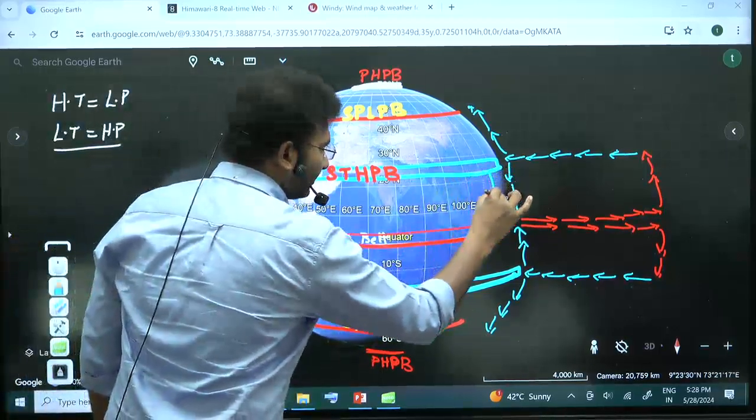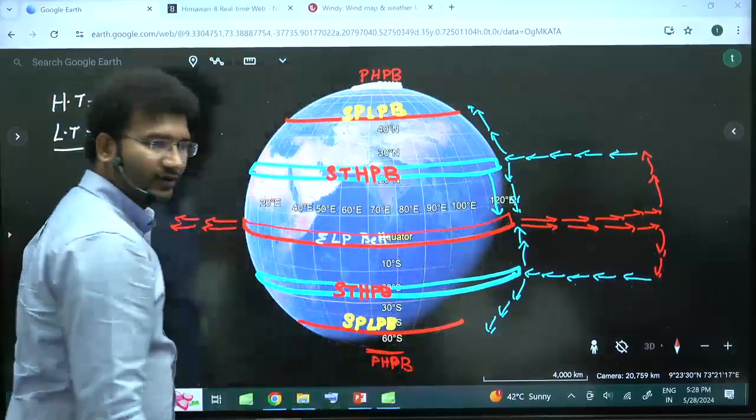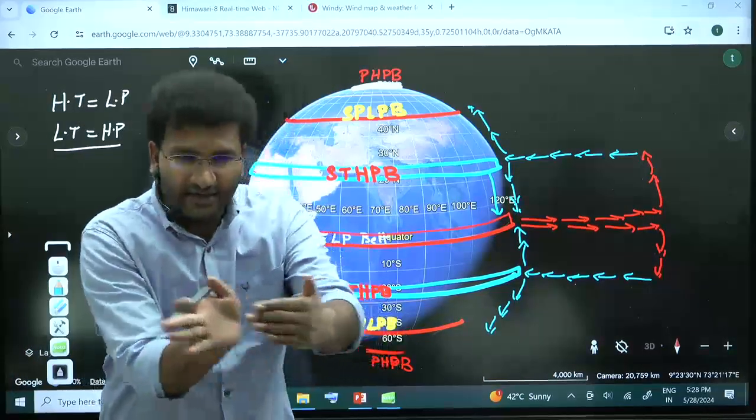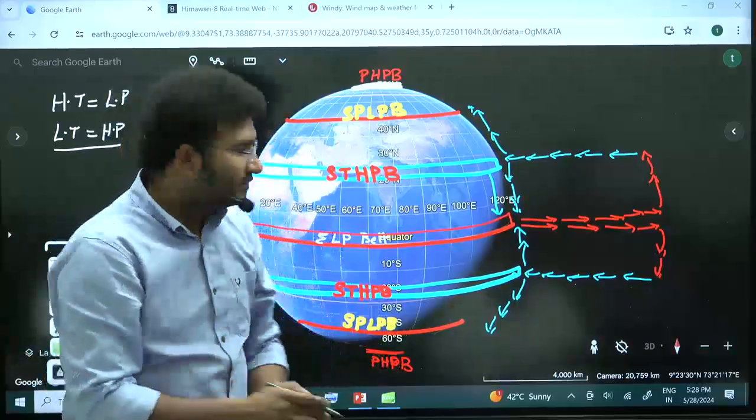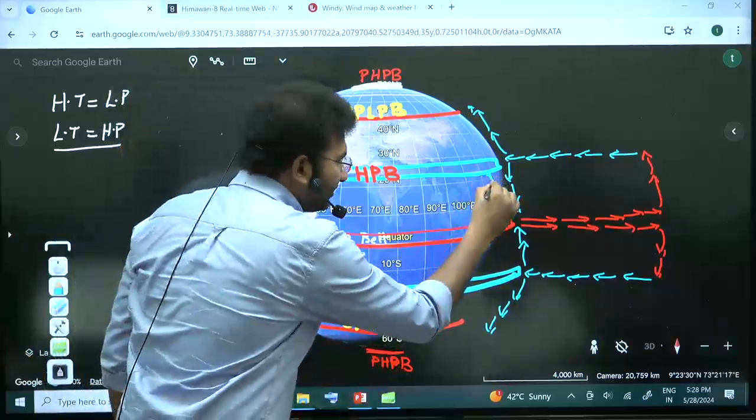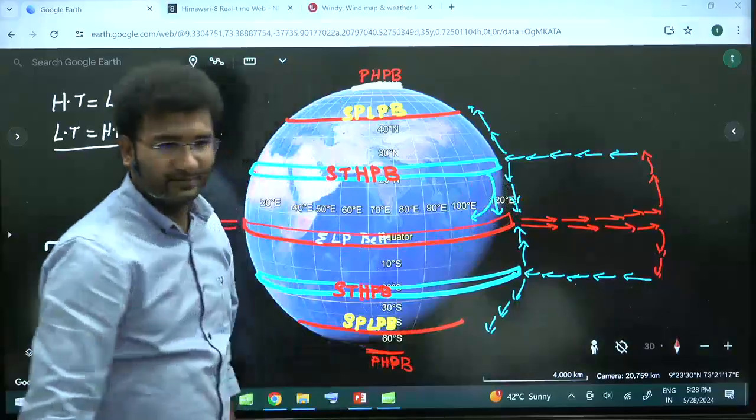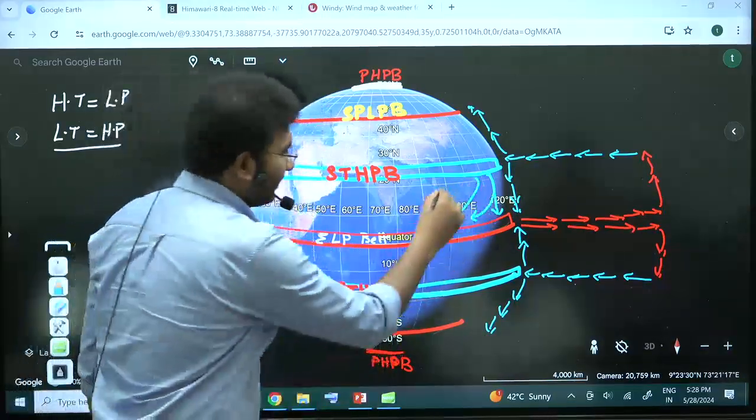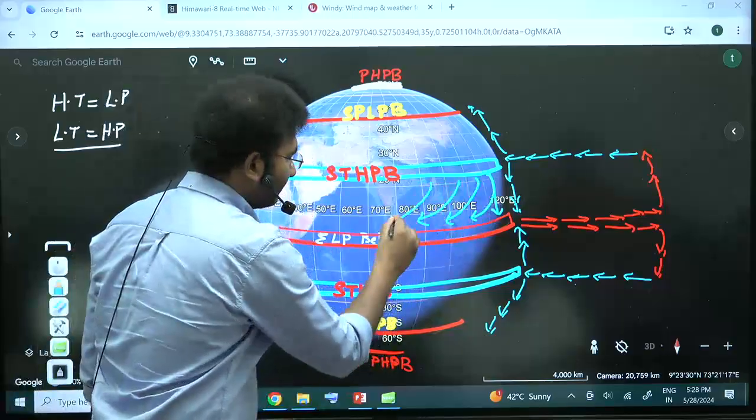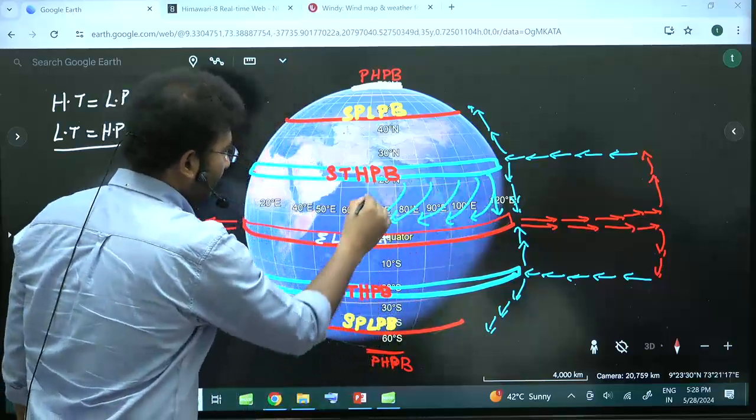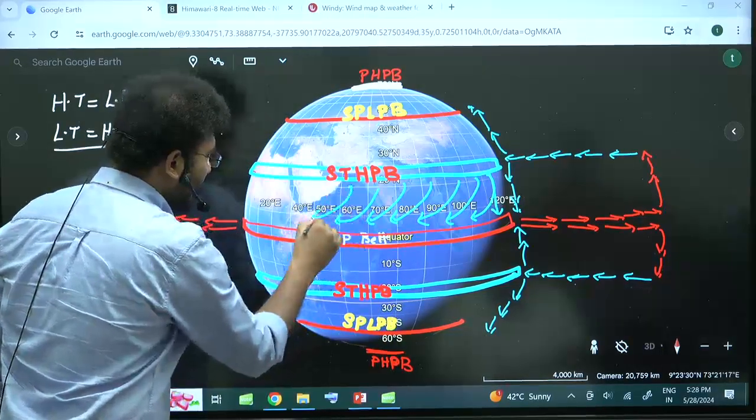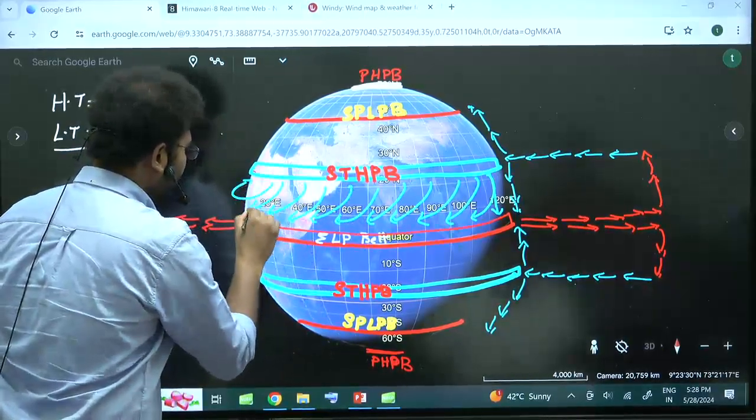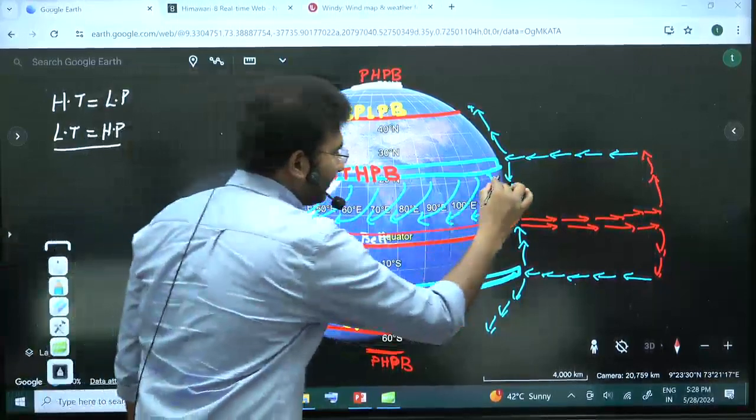If this wind is coming in this direction, if the Coriolis force is towards the right, the wind, instead of going in the straight direction, will turn towards its right. So, that means the wind deflects like this. Am I right? And the same winds